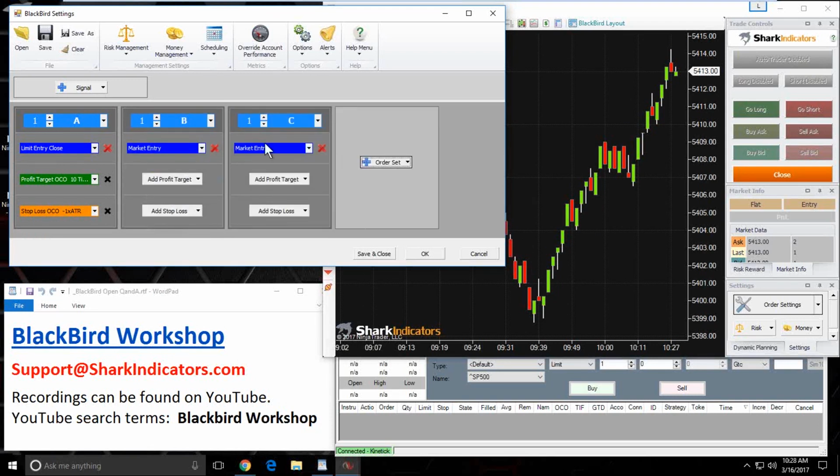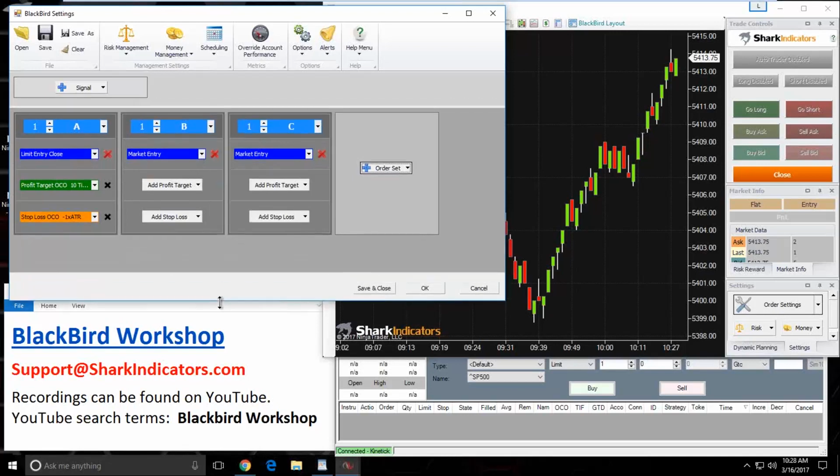Keep in mind each of these boxes in here is an OCO set, one cancels other. You can see they're labeled A, B, and C. They're all separate OCO order sets. That's why they're called OCO order sets. And once you've learned how to manage your orders there,